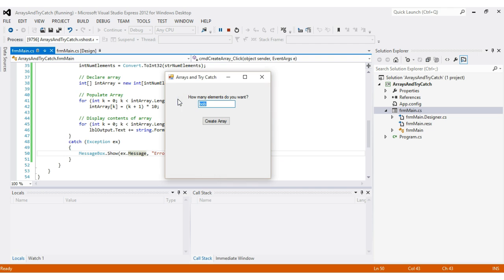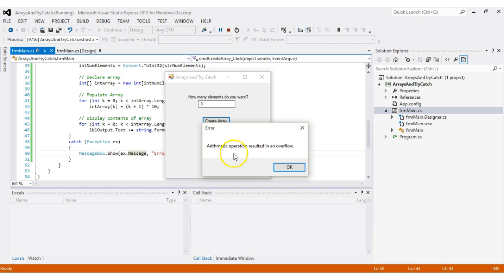Alright, so if I do -3, arithmetic operation resulted in an overflow. Alright, so now this is a little bit different. Now we have an actual arithmetic error message. But the reason for it still showing me the text here is because I told it, hey, catch any type